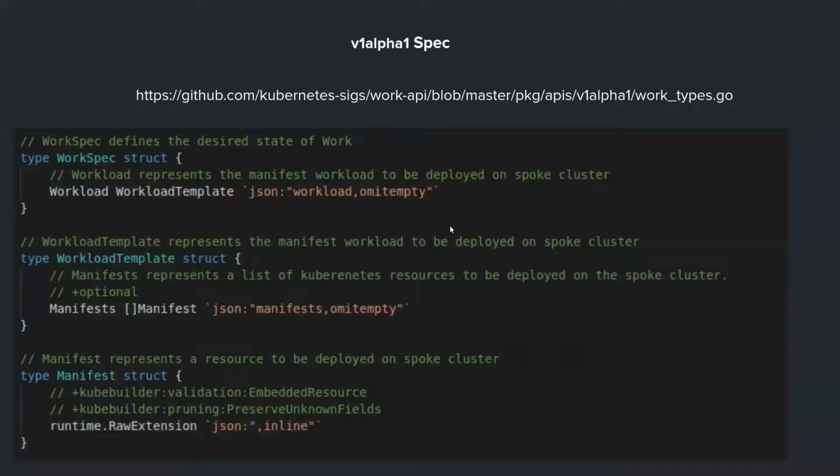So looking at the current spec, not everything is displayed on the screen. Feel free to visit the GitHub repo for more details. The work spec basically just defines and describes the list of workloads to be deployed, applied to the Spoke cluster. Again, there are some detailed discussions around if we should use the one-time RawExtension as a way to wrap all the workload, because that really opens up the API, and that's another topic that we hope the community can provide some feedback